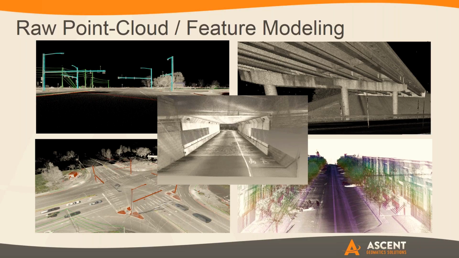You can see examples on the upper right and left here, where you also get to see the height of masts and the length of arms. There's small things that you can do that just provide a lot more intelligence because it's a difficult thing to capture conventionally on the ground. And then the lower left there, you can see some examples of modeled-in features within an intersection that we can use to manipulate, add in, change, alter, rotate, anything that we want as far as a design goes to get a better grasp on what it will look like and what it will become.